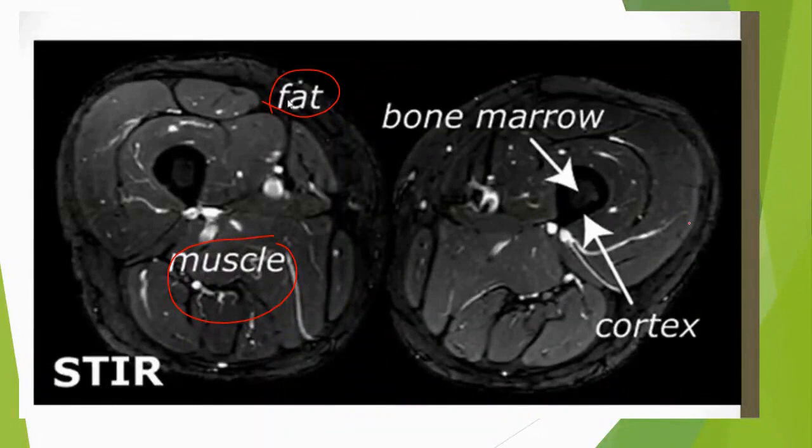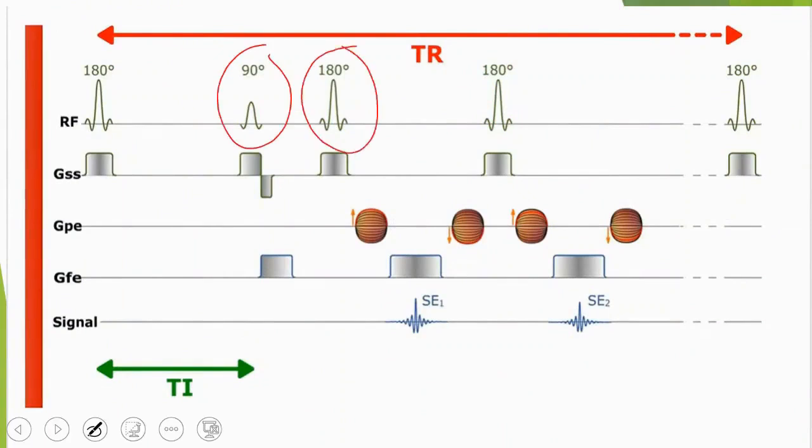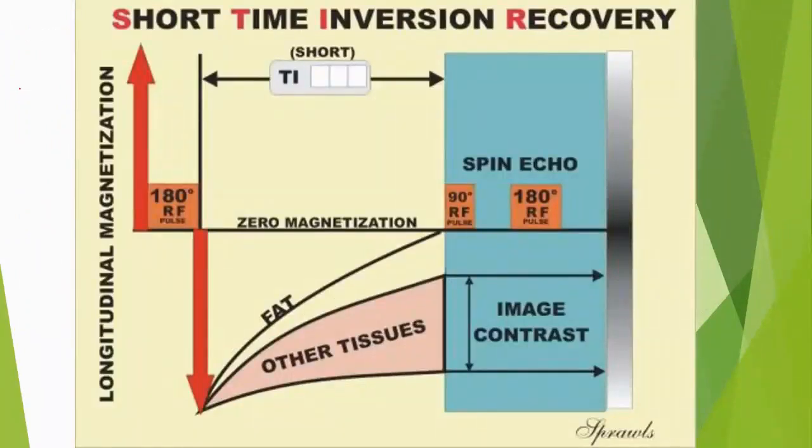Now, how did I achieve this? It's the same idea we were discussing, but instead of giving 90 and 180 degrees, you apply something called a saturation pulse, of 180 degrees before the 90 and 180 degrees. What this means is that I have fat, water, and other tissues present. When I place the patient inside the magnetic field, all the protons aligned